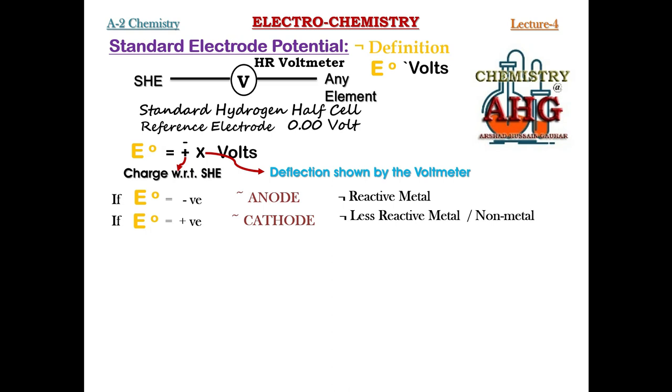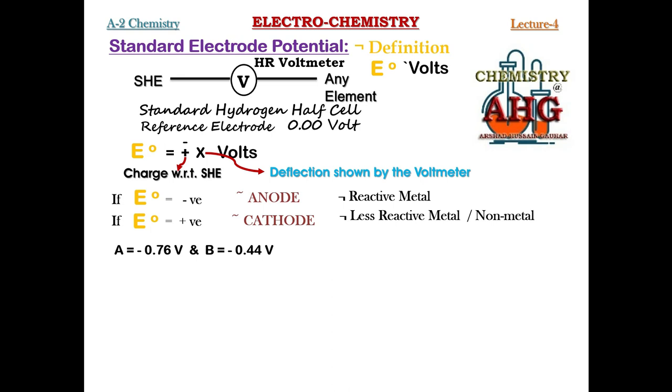Now this is one important information that you must remember about standard electrode potential after definition, that standard electrode potential of an element may be negative or it may be positive. It can be negative or positive depending on the nature of the other element that we connected with standard hydrogen half cell. Next thing that you must remember, that if you have been given some examples and you are asked to give some predictions, keeping in your mind this relationship that I have told you for negative or positive E naught value, you can guess.